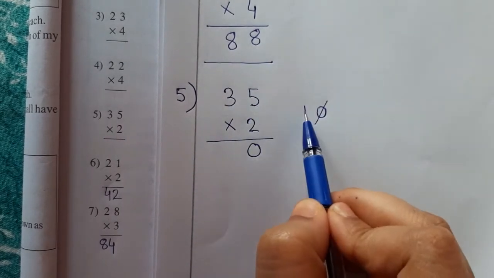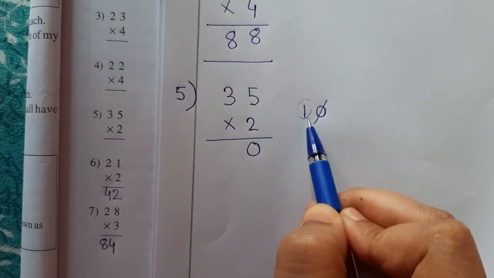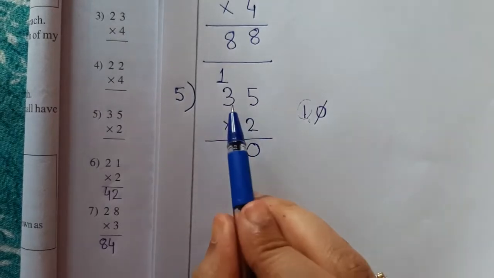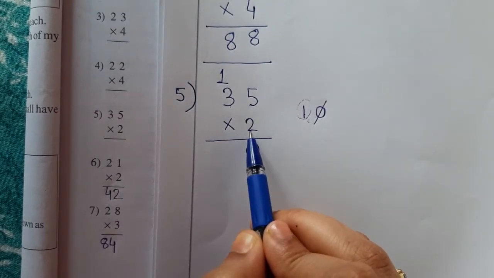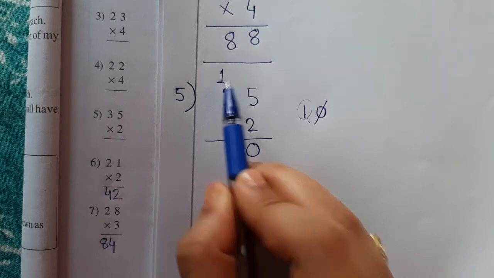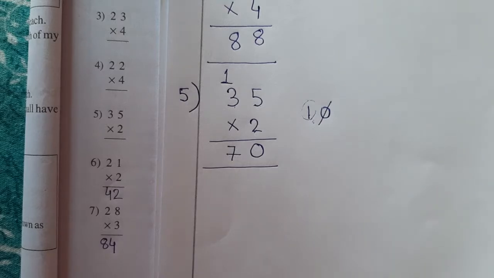Then what are we going to do with this one? Now what will this one do? It is very sad. It needs to go somewhere. It will sit here. Then 3 2s are 6. 6 plus 1, 7. Done. See? Very easy.